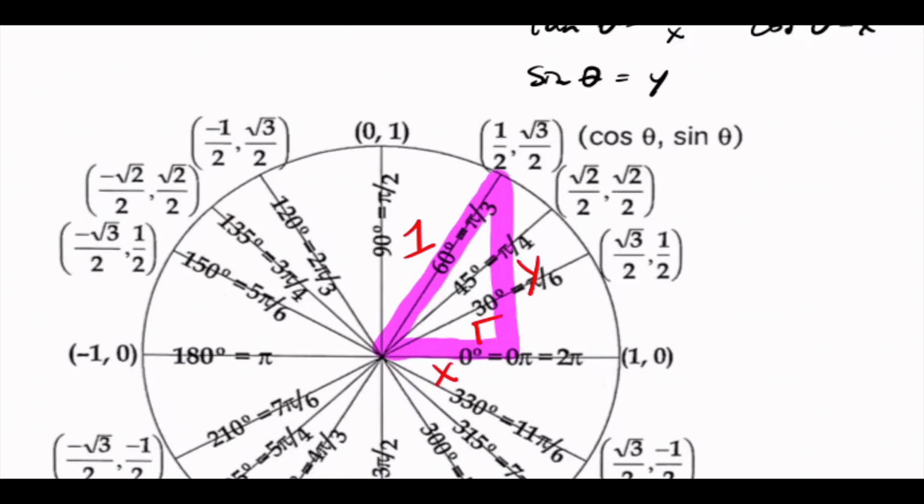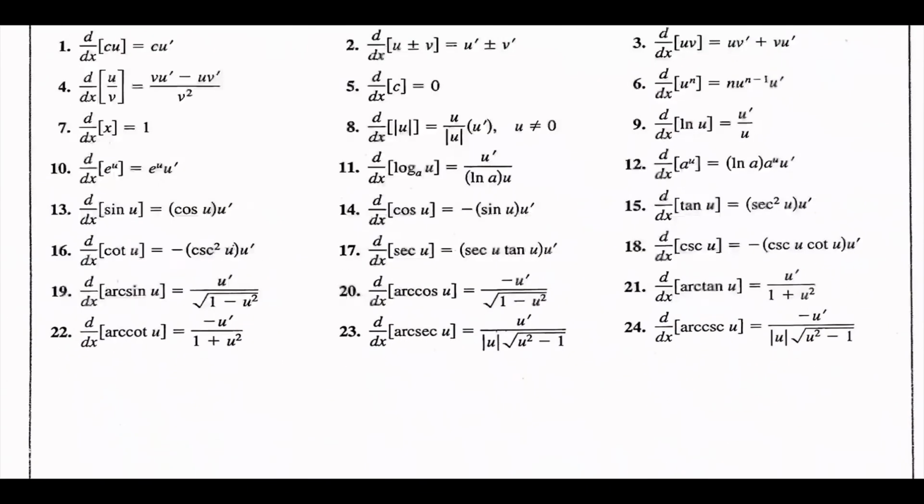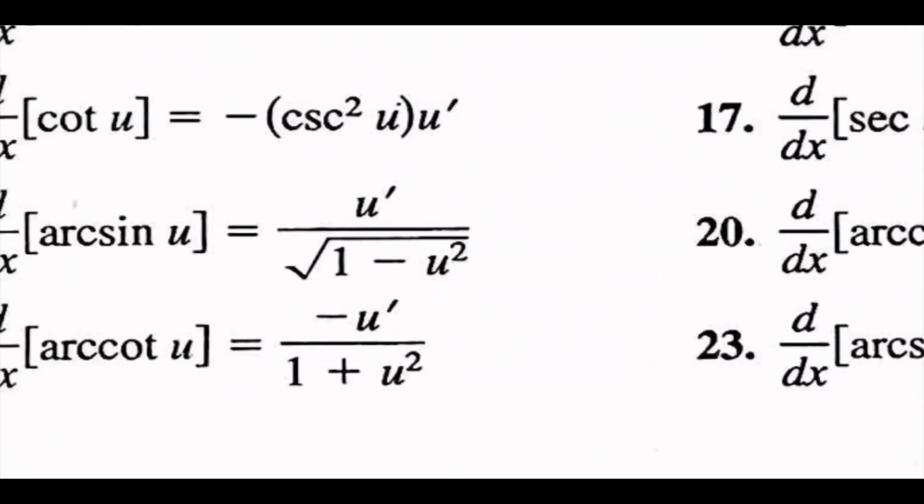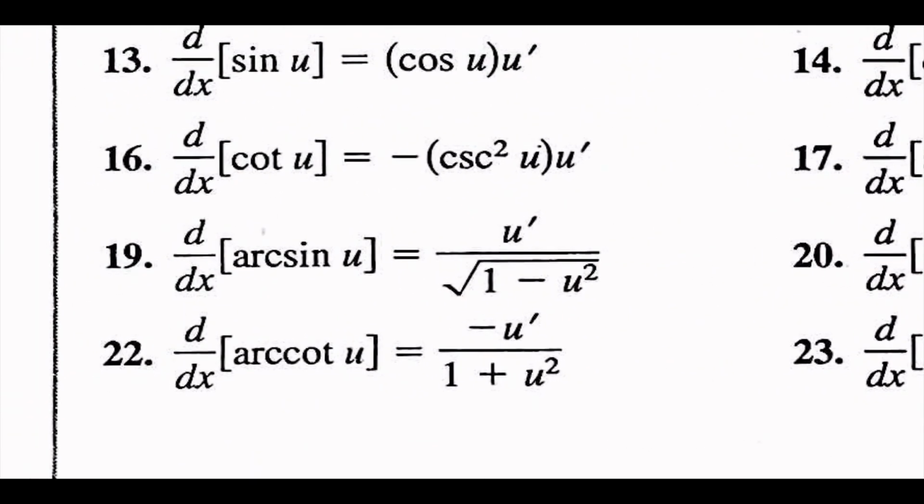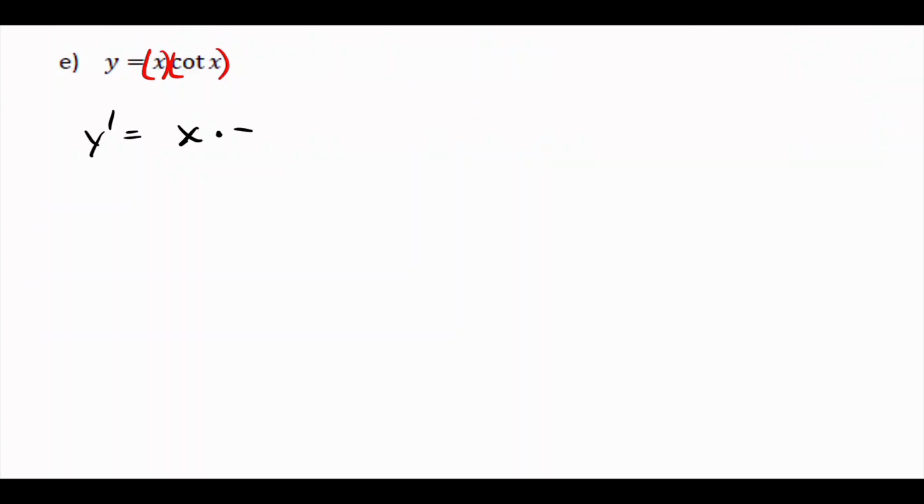All right, well, I look at my list. Derivative of cotangent is right here. It says negative cosecant squared. This guy means if there's another derivative, find the derivative of that. But we don't have that, so we're just going to use this guy right here. Okay. So negative cosecant squared of x